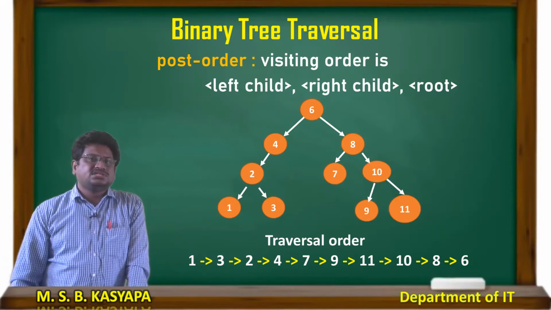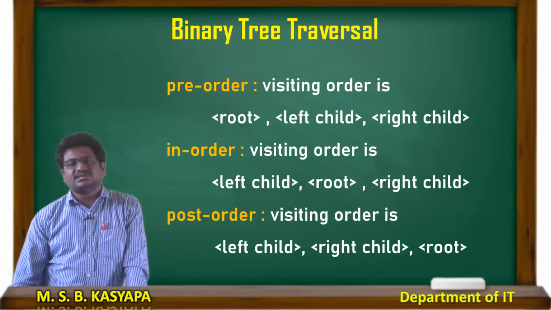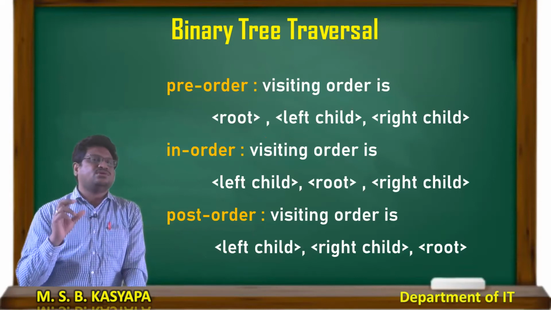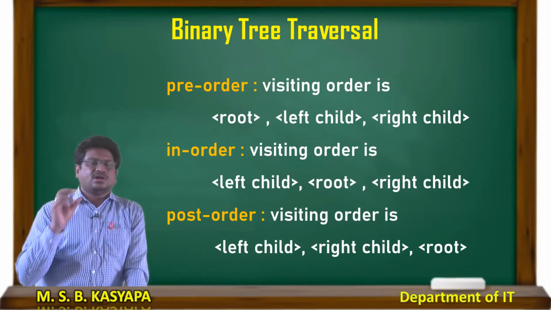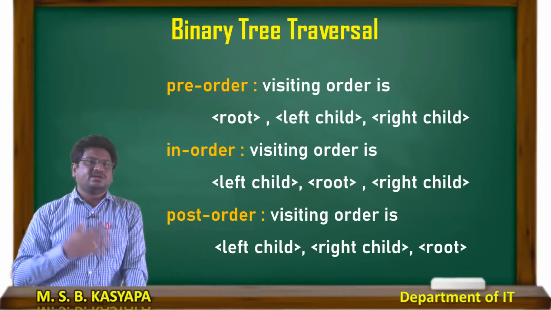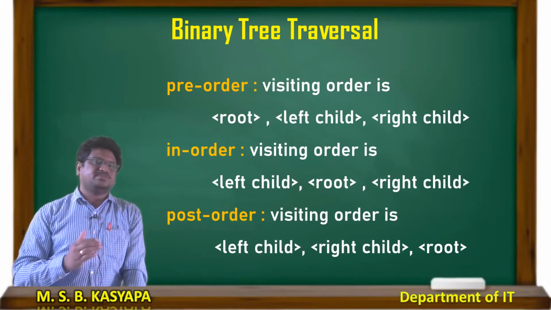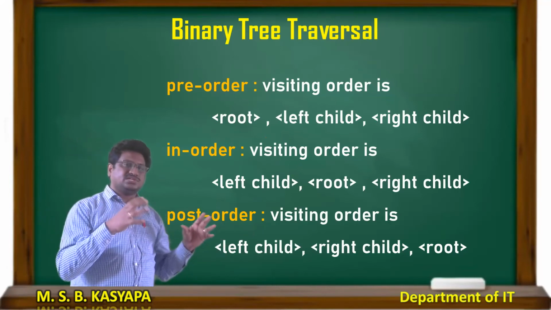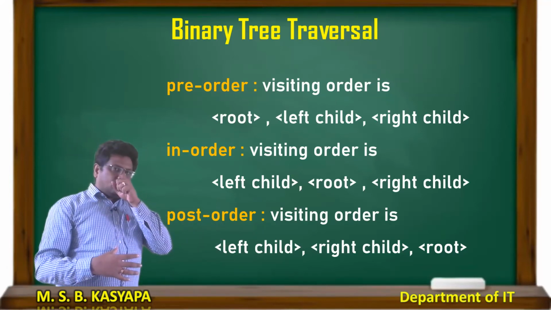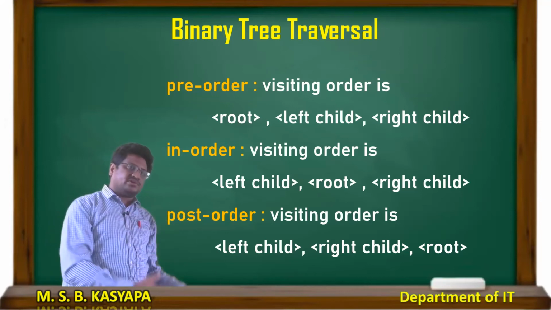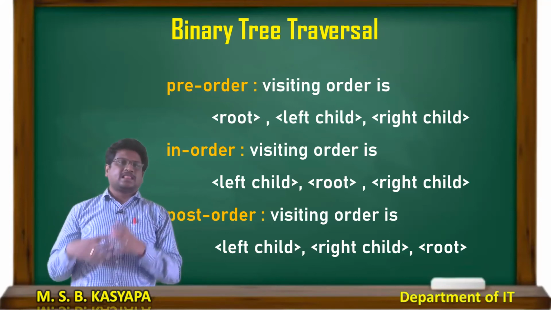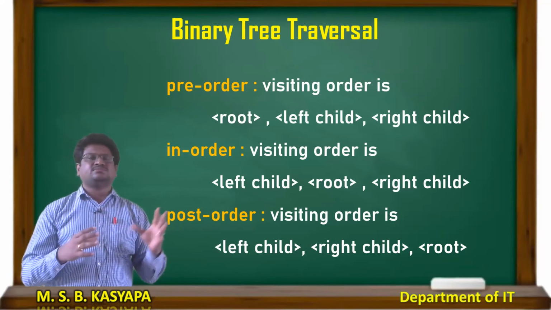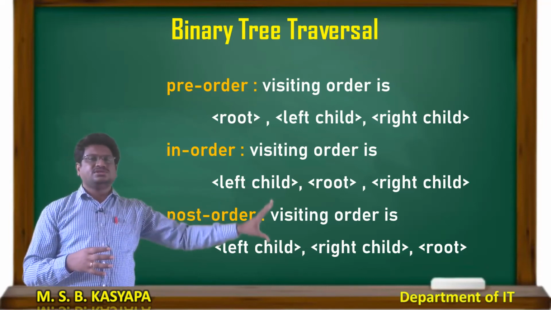Okay, so these are the traversal methods. Traversal is nothing but I have to check or search each and every node in a particular tree according to my requirement. So my requirement depends upon pre-order, in-order, post-order, where first I have to visit depth. That means if I want to visit the left or right, or if I want to visit the root node first, these circumstances will depend upon these three basics.